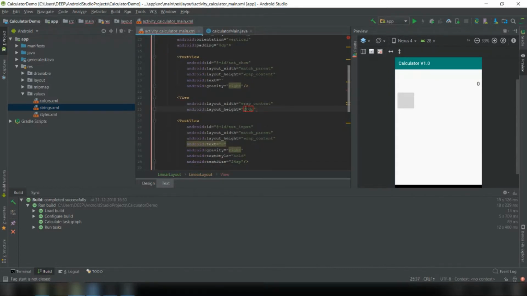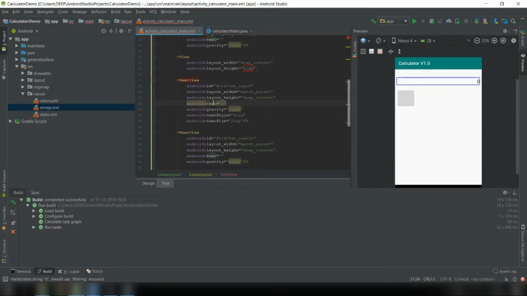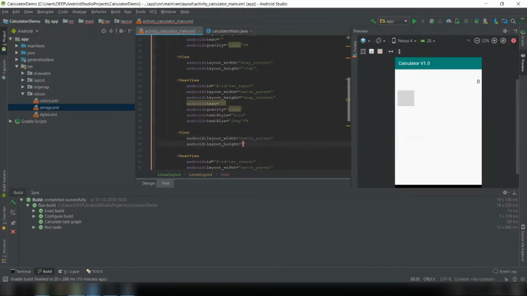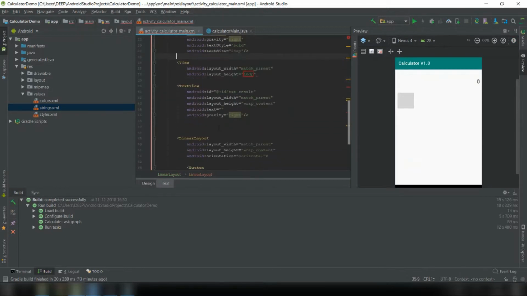Let's just decrease the size a bit. Let's give it like 10 dp. 10 dp is fine. And underneath that, we'll give you a view, match the parent, then 10 dp. Right. And underneath that,